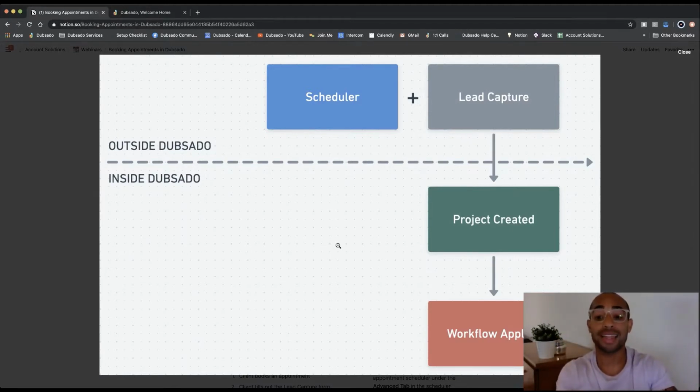Once they fill out that lead capture, it's going to create the project. And then if you want your workflow to get applied, that will also start from your lead capture as well. That project will add that workflow in there. So this is the sequence that most people, I would say this is probably the most common situation that people